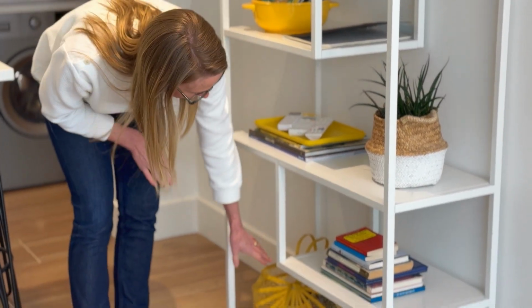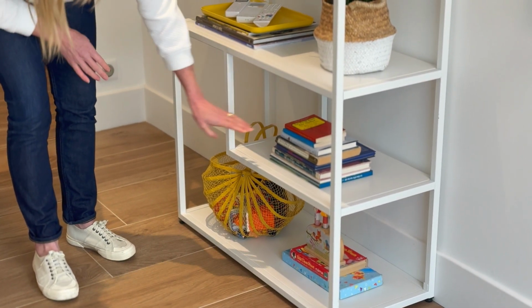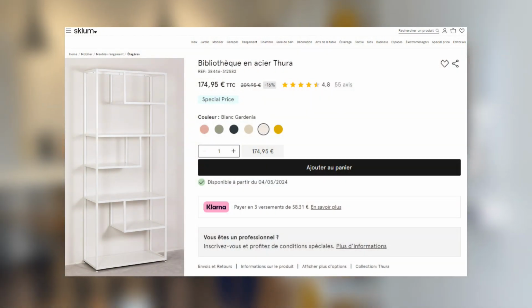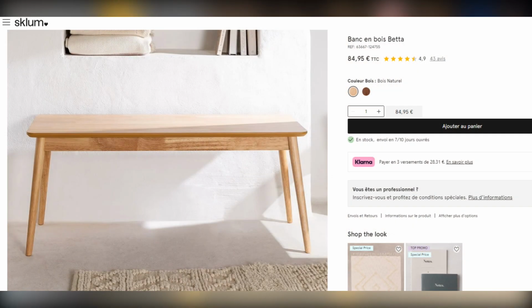Plus, on the bottom here, we have some toys for kids and some books in both French and in English. This is the Thura model bookshelf from Skloom, and this is the Beta model bench/coffee table, both of which are